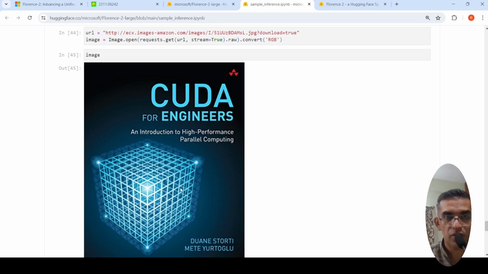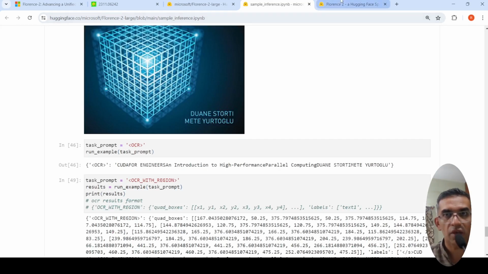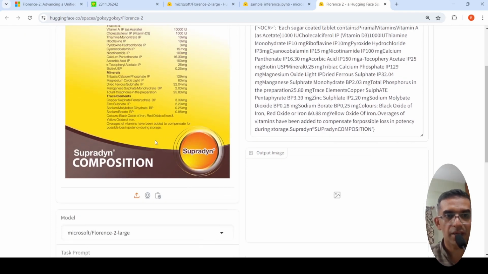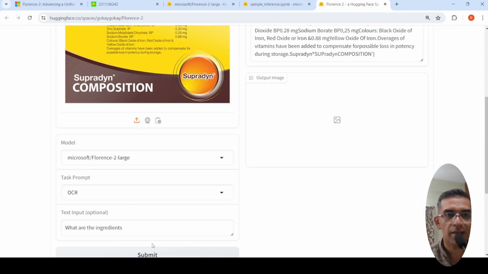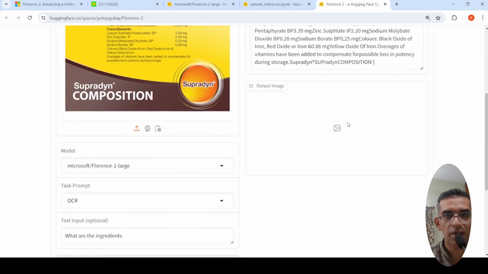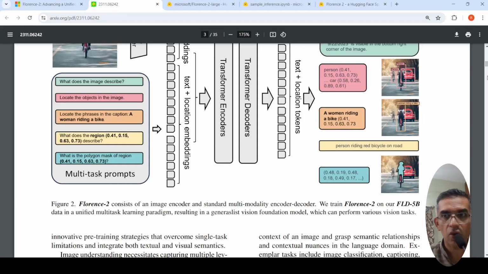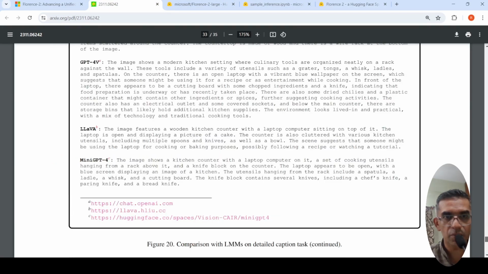Okay, you can give an OCR related task. You can pass an image and ask it to do OCR, which is what I tried in the demo space over here. I gave this input image and the task was OCR, and I asked optional textbook what are ingredients or something. Here it does OCR and gives the complete OCR over here. I'm quite impressed with the accuracy. There were enough examples over here on OCR accuracy in this particular